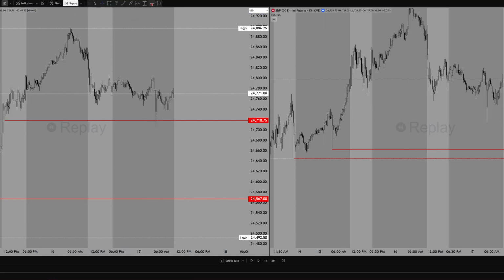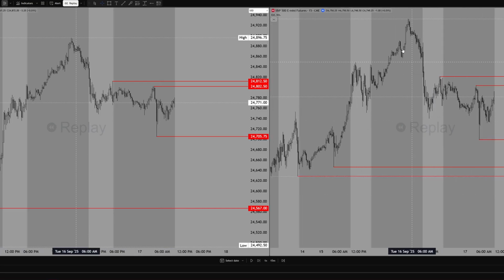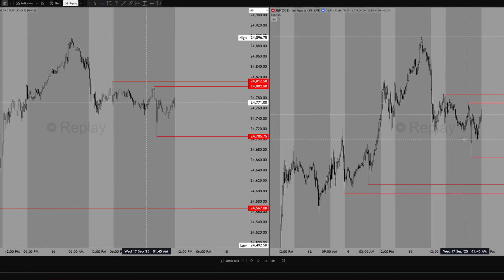I'm gonna mark out this low here as well. But yeah, I'm gonna mark it out like this. Mark out the highs as well. This is the high. This is the high as well. The next high will be this one right here. Same as ES. No, it's a bit different. But I'm kind of bearish, but we'll see what happens. Going to 1 minute chart.